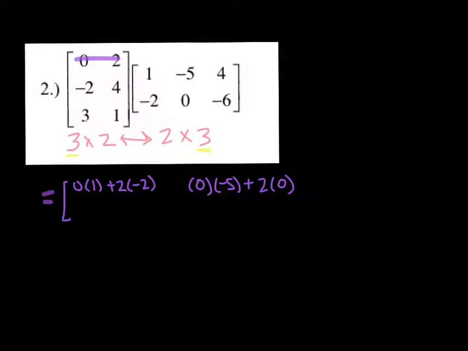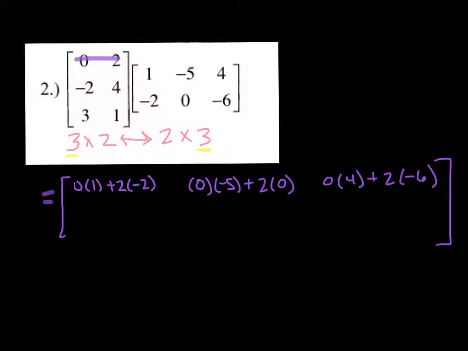Third entry, 0 times 4 plus 2 times -6. And I'm going to need bigger brackets here. Alright, let's do our second